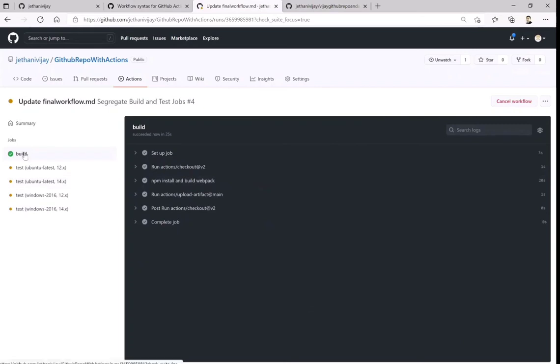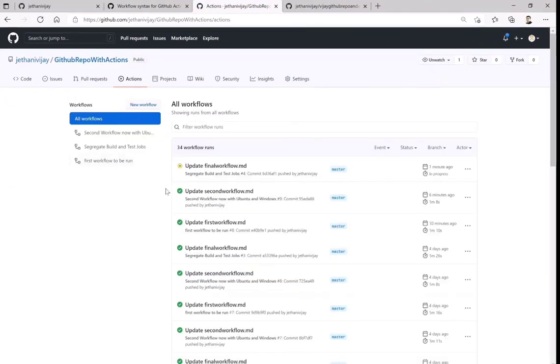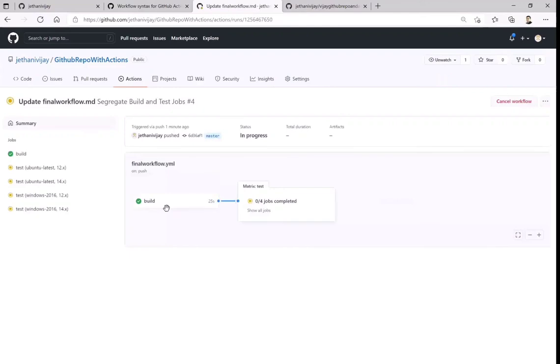Okay, now it has completed the build. Now this will run in parallel, because now they don't have dependencies on whether Windows should finish first, as all of them are segregated on the respective OS and the version of Node.js which I'm using. But if you see, going back to that action, it waited on that particular flow for the build to complete, and then came to the test. So this is how we can organize our workflow based on the need and dependencies of the code we are working on.